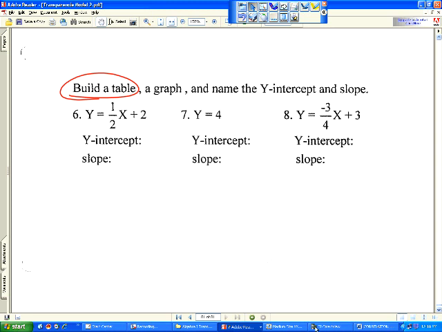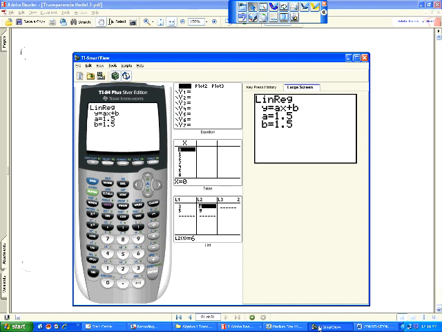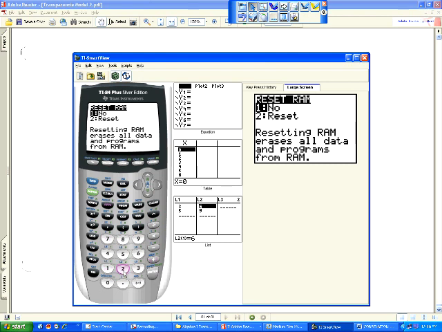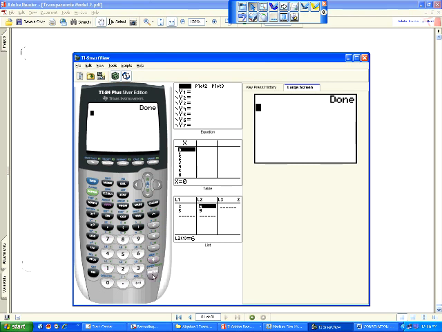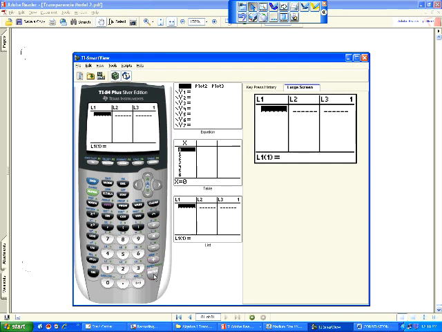Well, here's what you could do. We could go to our calculator. We're going to hit second plus 7, 1, 2. Here. We're going to go to stat, edit again. In our L1, we're going to put our x's that we would choose. Let's say we chose for x -4, -2, 0,